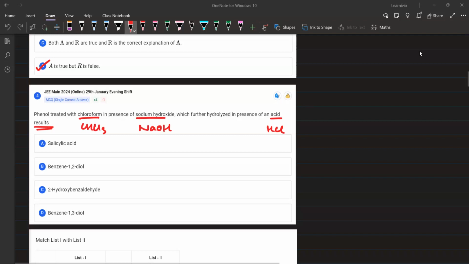Please see. So this is the famous Reimer-Tiemann reaction. And in the Reimer-Tiemann reaction,